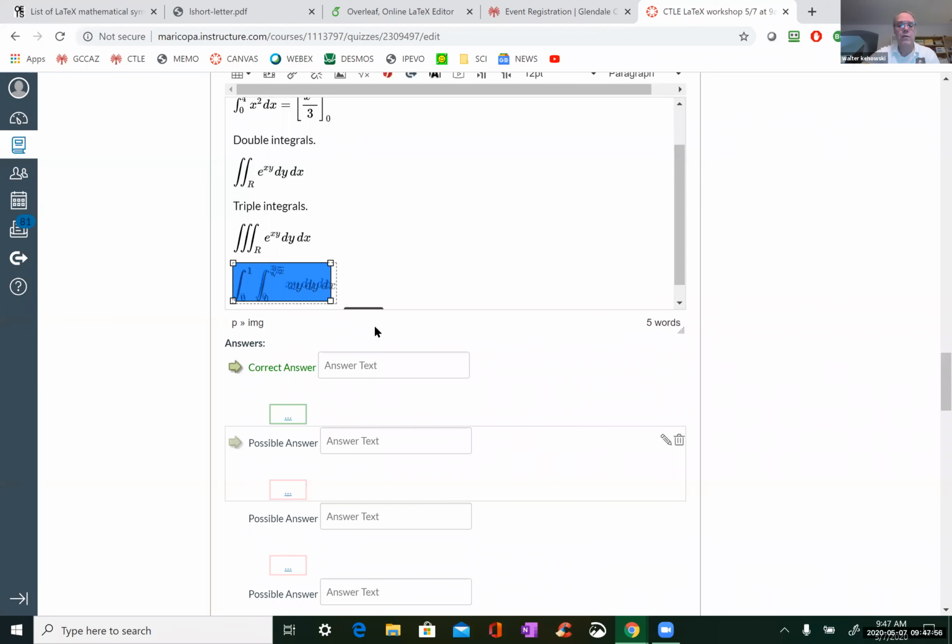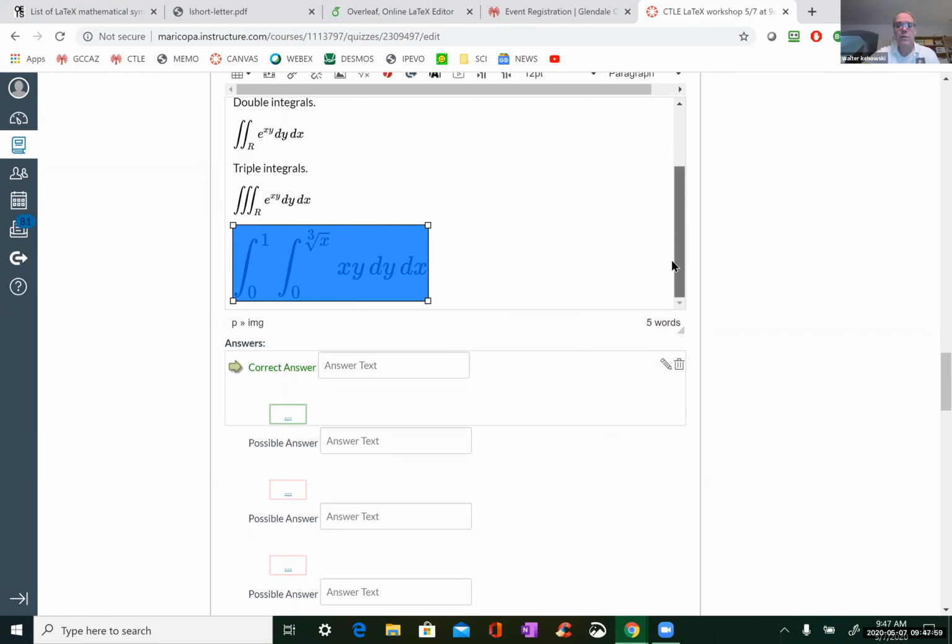Nothing says you can't do something like cube root of x or trig functions, e to the x, log x, anything that you want to put in there. You can put superscript, subscript. It'll render just fine.